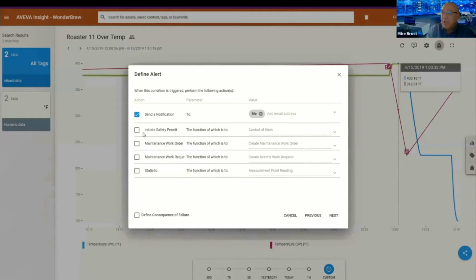It can also initiate activities, like we could fire off a safety work permit. We could send a maintenance work order into our maintenance system. We've got a work order could go into our Vantis system. We can then